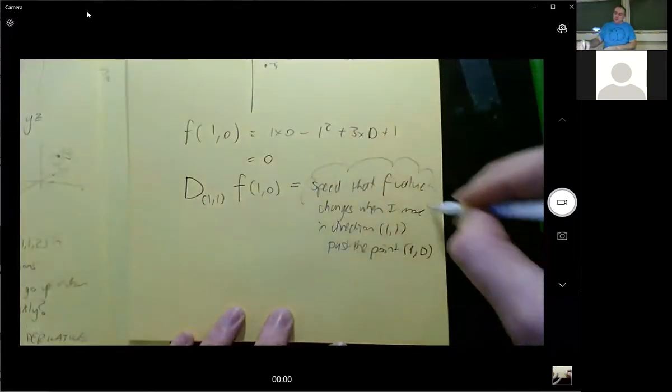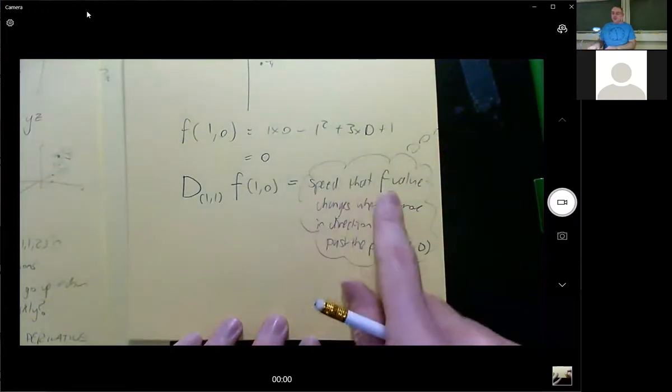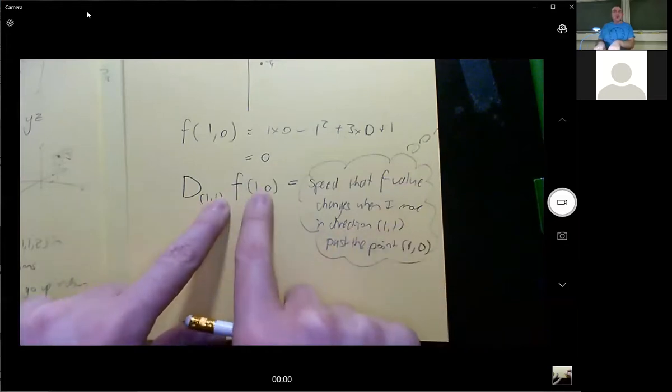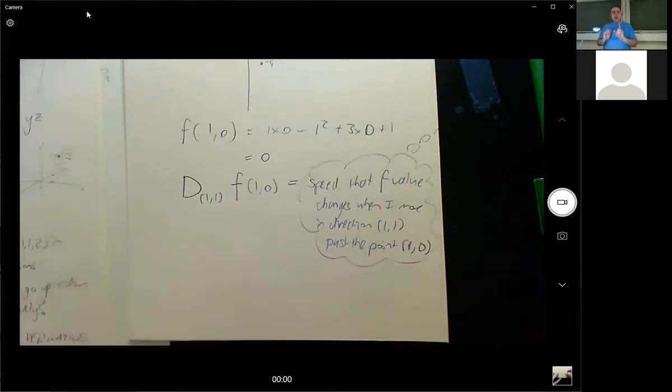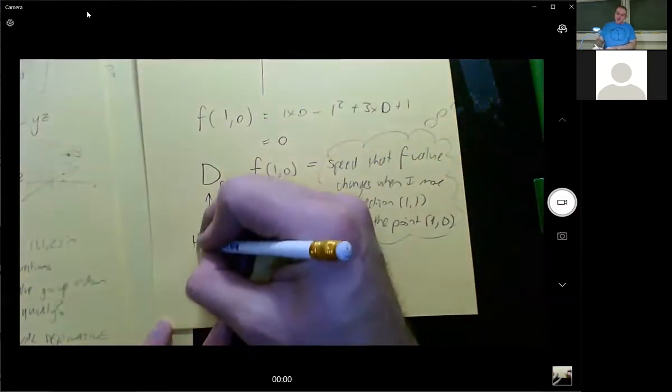So this is what it is. This is what I imagine it to be. That's what's in my head. This is the speed that the function value is changing when I move in the direction of 1, 1 past this point 1, 0. But the actual terminology is that this stands for the